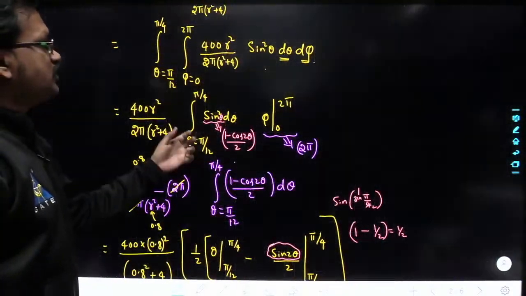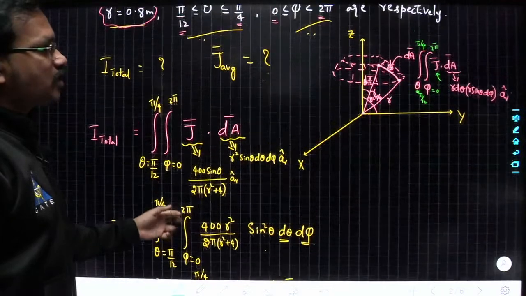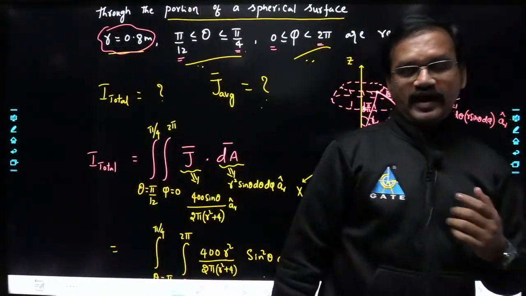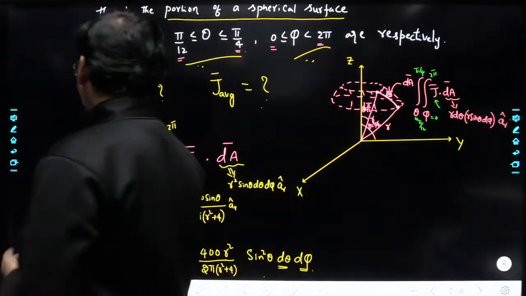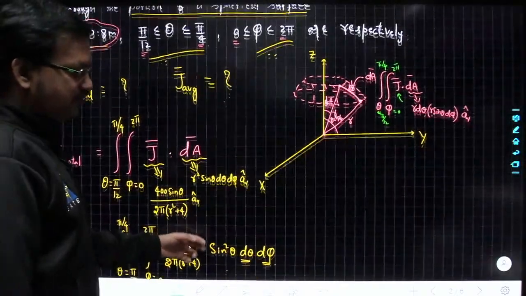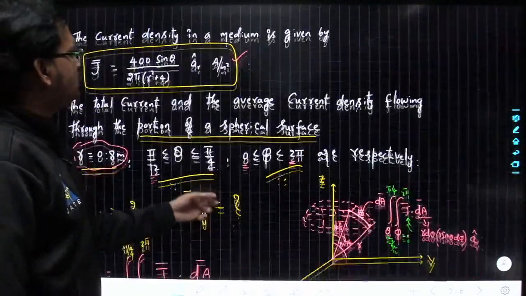Okay, so with this we have completed the problems based on flux and divergence theorem, right? So we have solved different types of problems based on flux and divergence theorem. Okay, so next